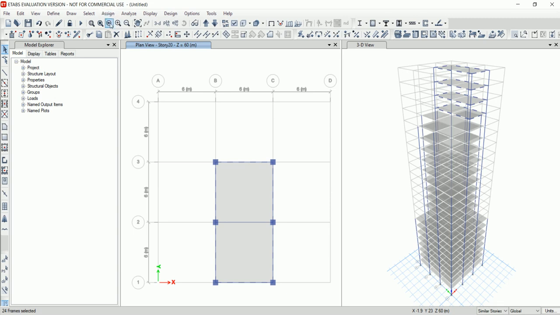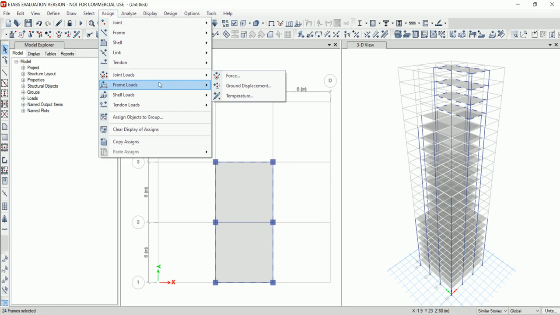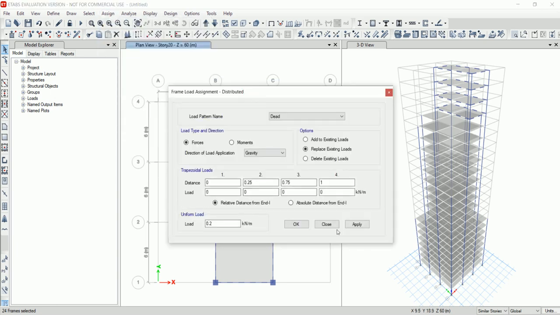Then go to assign, click on frame loads and then select distributed and the load will be same and click on apply, then click on OK.